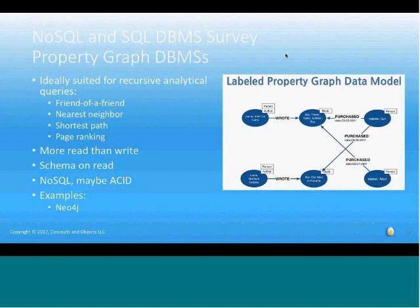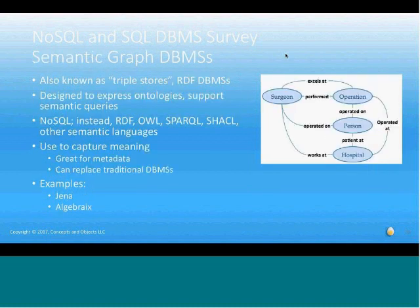Neo4j is definitely the market leader in labeled property graph databases. Next slide, we'll talk about semantic graph databases. Now, what's really interesting is this is totally different than a property graph database. Don't confuse the two. Semantic graph databases are designed to store knowledge in the form of triples, and you have